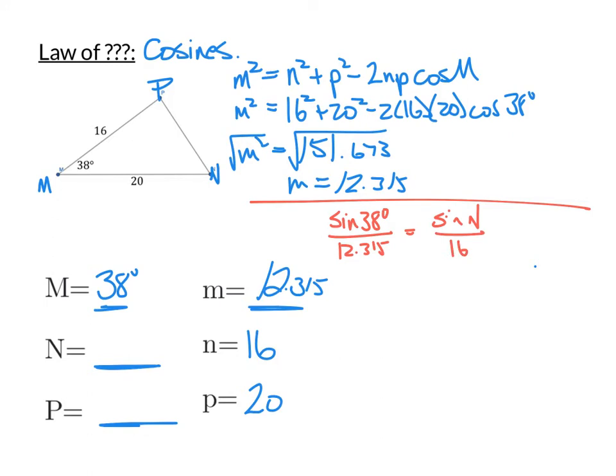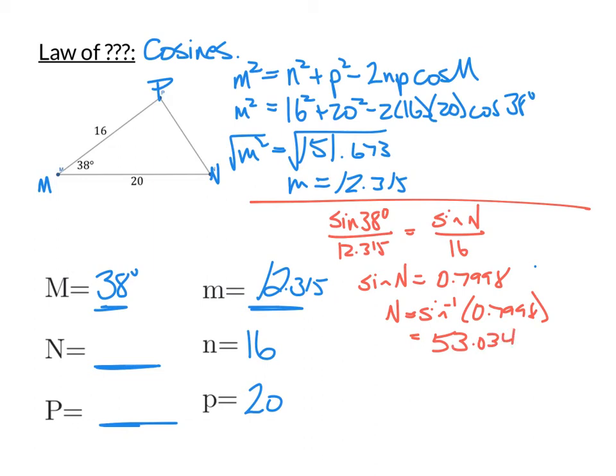So if we multiply both sides by 16, we'll get that the sine of n is 0.7998, and n will be the inverse sine of that. And when we calculate that, we'll get it to be about equal to 53.034